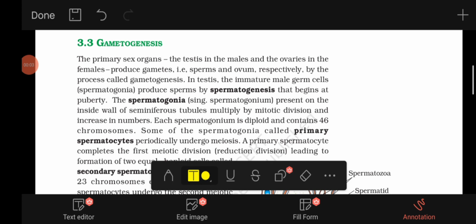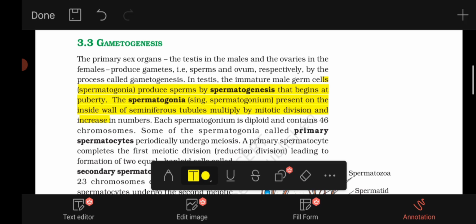Gametogenesis. The primary sex organs, the testes in the males and ovaries in the females, produce gametes, that is sperms and ovum respectively, by the process called gametogenesis. In testes, the immature male germ cells called spermatogonia produce sperms by spermatogenesis that begins at puberty. The spermatogonia present inside the wall of the seminiferous tubules multiply by mitotic division and increase their numbers. Okay, and then some of them become specialized in shape and size,